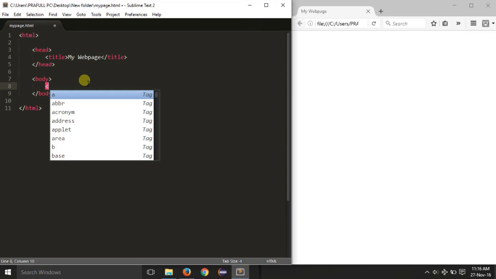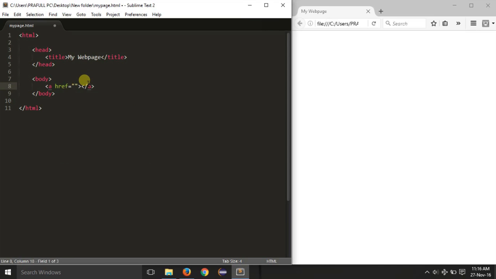Now it's not anchor, it's just a, and it is a container tag. As you can see, opening tag and then closing tag. But there is also one more attribute called href, a short form for hyperreference. Now href contains the address or the URL of the website which you want to link. So for example, if a user clicks on this link, I want them to get redirected to Facebook's homepage. So it will be like,